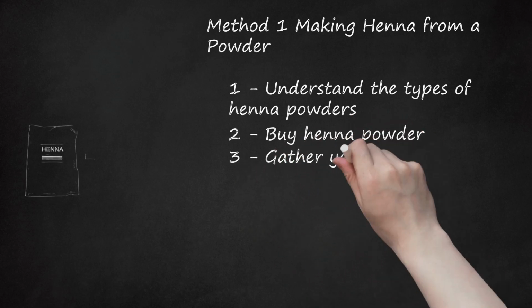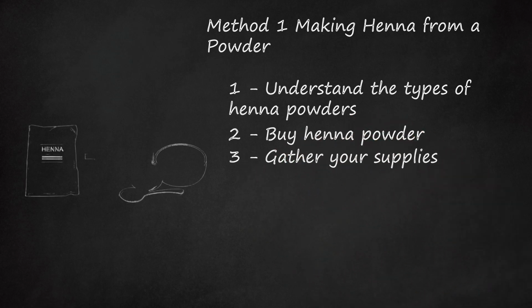3. Gather your supplies. Once you've purchased a quality henna powder, you'll need to gather a few additional supplies, including a bowl and an acidic liquid, to make a paste for use. You need the following supplies to start: a bowl, preferably in plastic so it doesn't react with the henna,